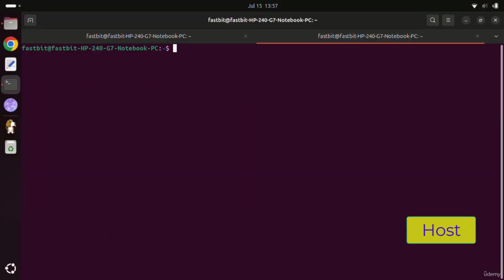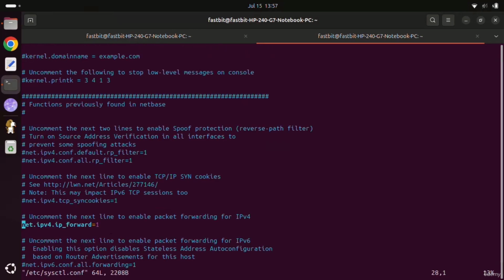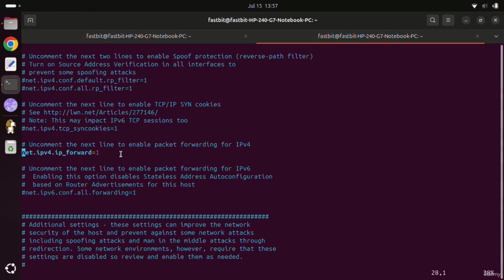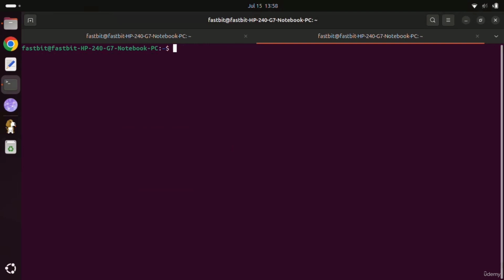So let's check the host settings. In the host settings, you have to enable IP packet forwarding. To do that, you have to modify the file /etc/sysctl.conf. Inside this file, you have to search for this line. Here we can see that line. You have to uncomment this line to enable IPv4 packet forwarding. In my case, it's already uncommented. Please uncomment it if it is commented. Let's save and exit. After that, here I have copied that script